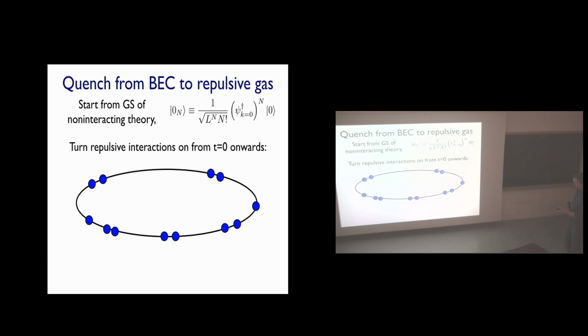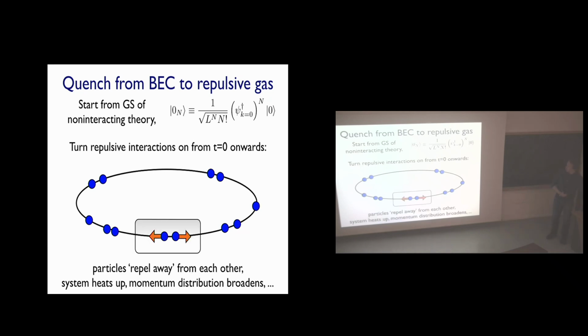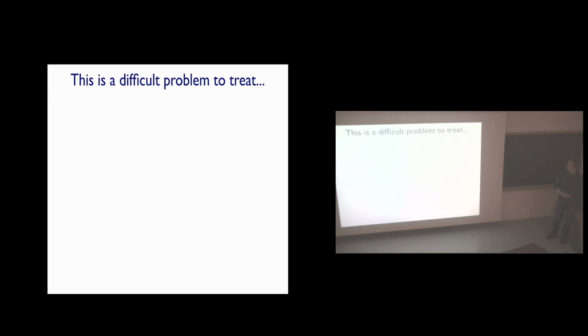Okay, so we're going to try to describe that. The expectation is that from the initial momentum distribution function, which is a pure delta function at k equal to 0 with weight number of particles, I'm actually going to time evolve to a state that has a non-trivial momentum distribution function, with a certain broadness associated to it. Is that cool? It's like a simple quench to understand. Okay, so it's a difficult problem to treat.